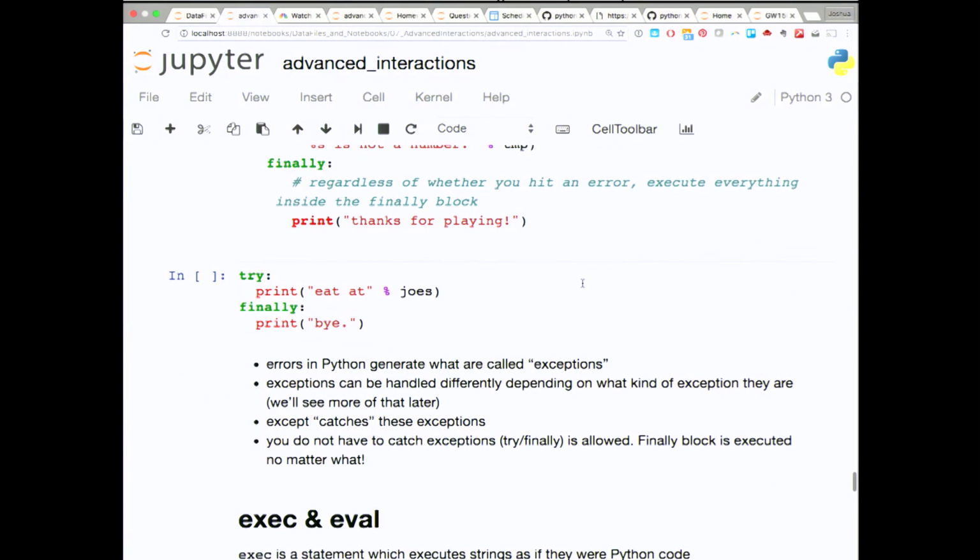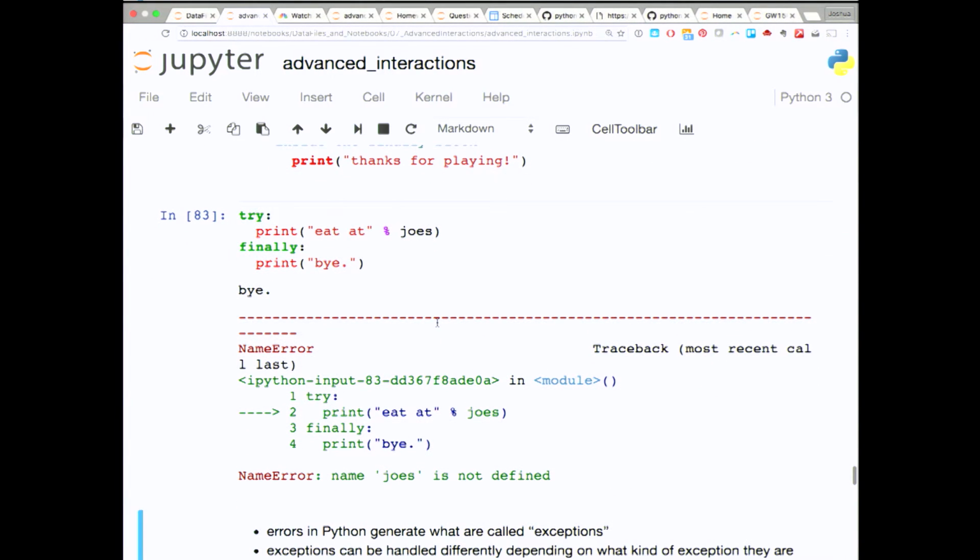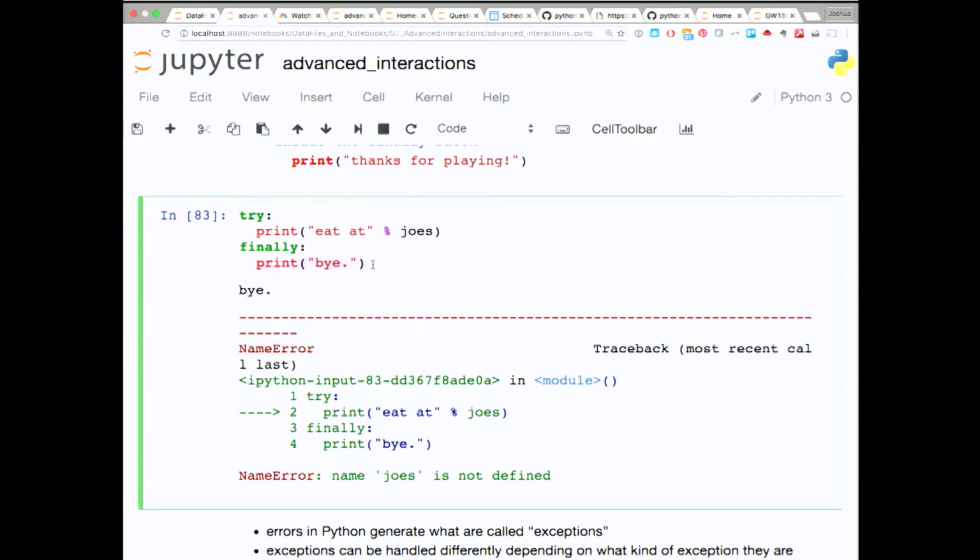Okay, so I can have a try statement without an exception. So this is where I don't actually catch the exception, but I sort of do some cleanup afterwards. That should work. So here I said eat at Joe's. Oh wait, that didn't work at all. That's okay. I raised an exception, but even after I raised the exception, I still said bye. And you'll have to think about how you would wind up using this. Now notice if I didn't have the finally,